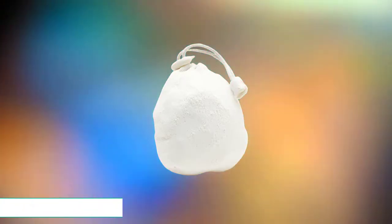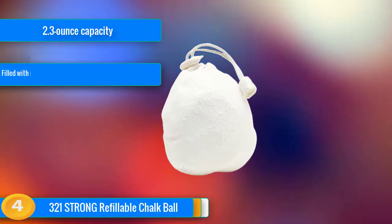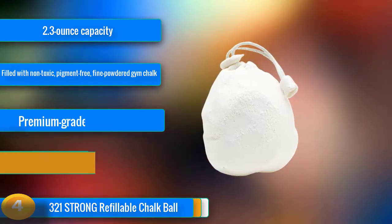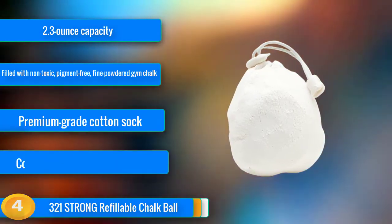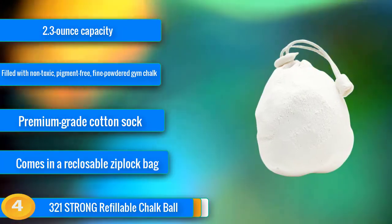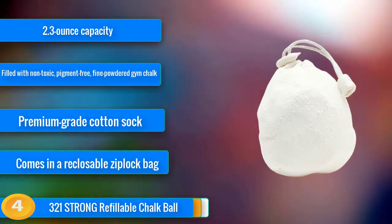At number 4. Next up, we've got something slightly different for you. The 321 Strong Refillable Chalk Ball is basically a cotton sock filled with chalk. It might not look quite as professional as the other chalk bags on this list, but it serves the same purpose. There are a couple of reasons we think this is one of the best chalk bags on the market,